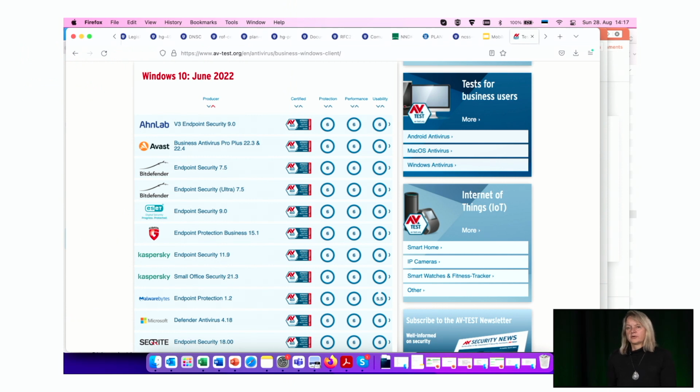Also, a very common rule you should be aware of and always switch on is antivirus. It's really essential to protect your digital environment. This picture shows some common antivirus, and you have to make sure that they are really up to date and switched on all the time.